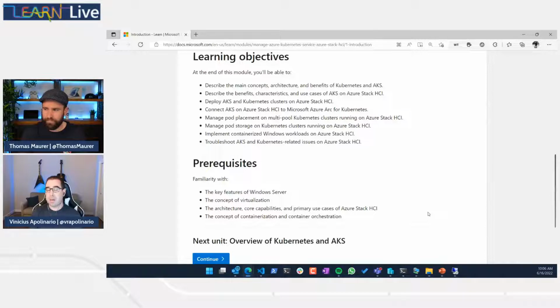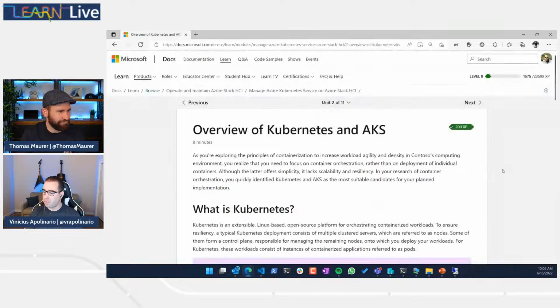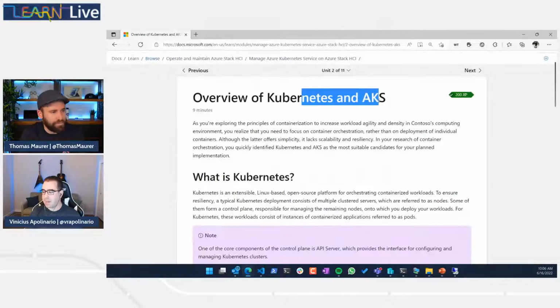But because of those things, if you schedule multiple containers at the same time, you need a way to provide high availability, control the access to load balancing, and many other things. That's where container orchestration comes in, and that's where Kubernetes comes in. So this is all just level setting. I'm going to dive into the next module that I'm going to cover, which covers what actually is Kubernetes and Azure Stack,